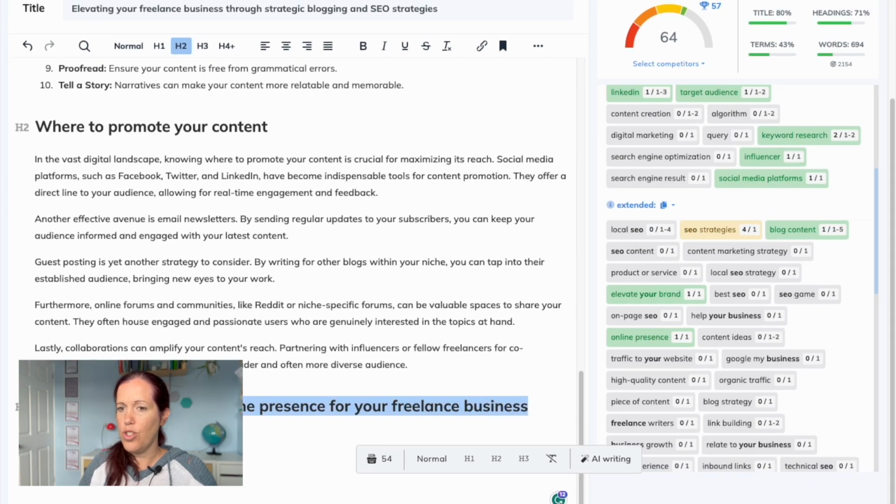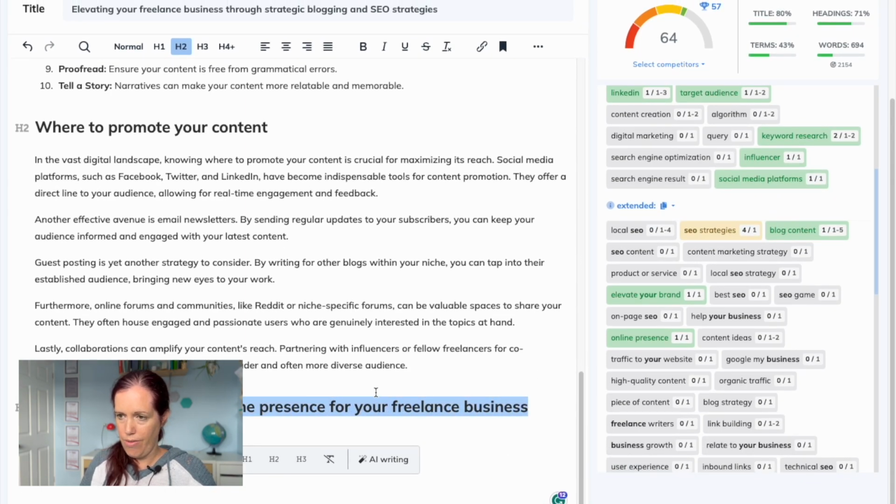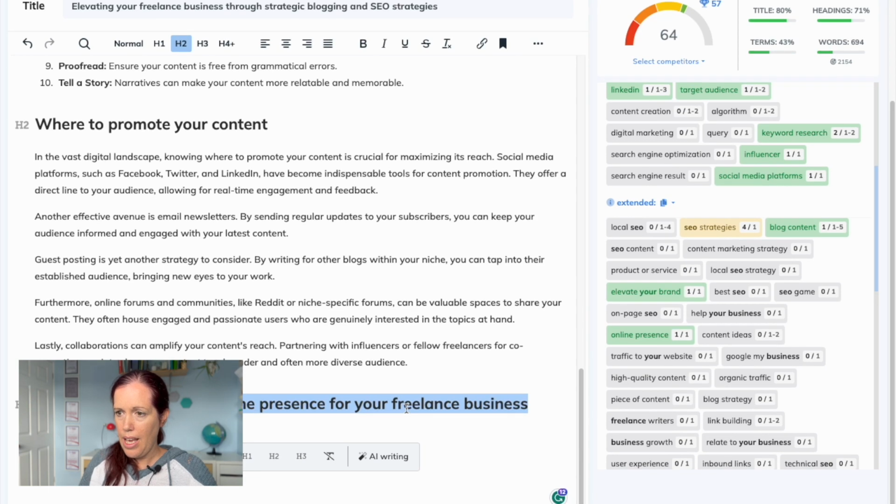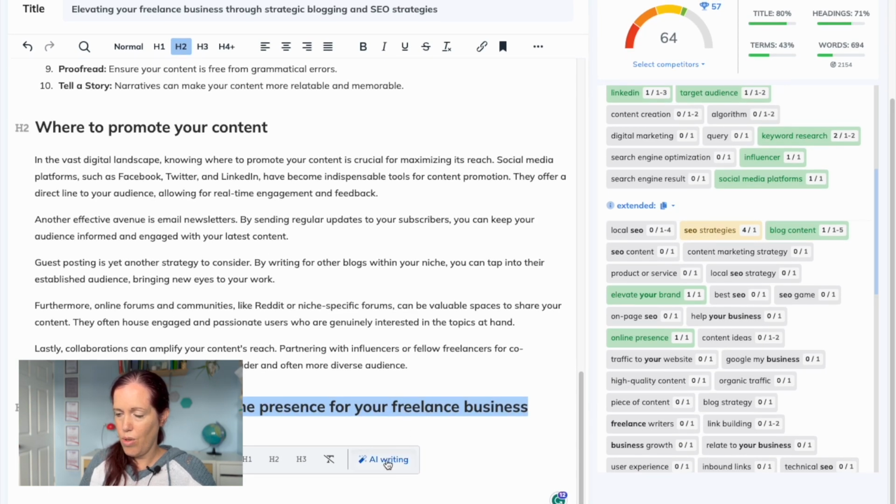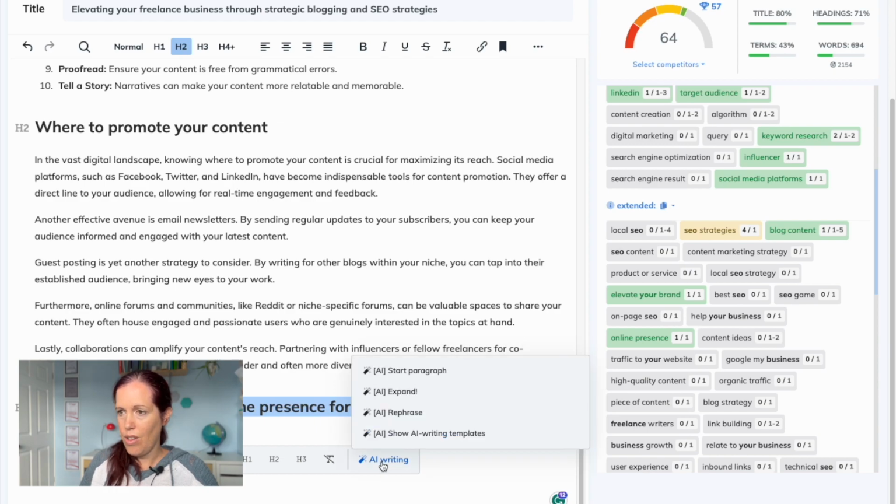If you wanted to use AI for your writing, now it has AI integrated, so you could use ChatGPT externally, or you could use the NeuronWriter AI writing section. So let's just demonstrate that. What we can do, we can get it to start a paragraph based on the headline. You can use it to expand some selected text. So for example, if I wanted this in a bit more detail,